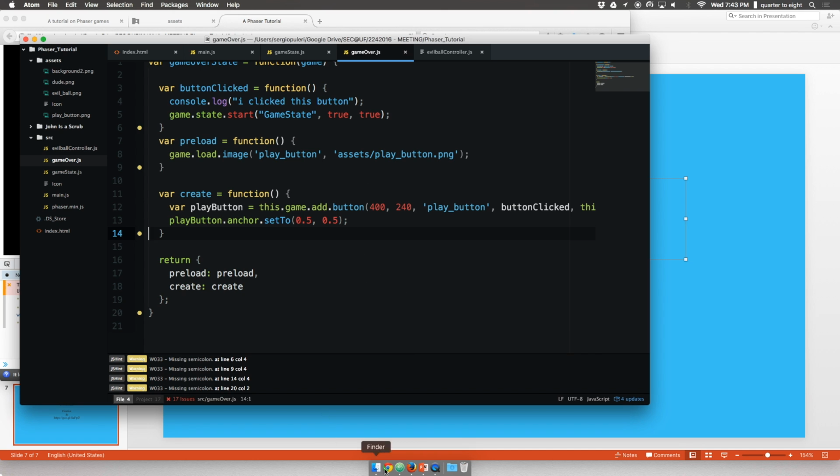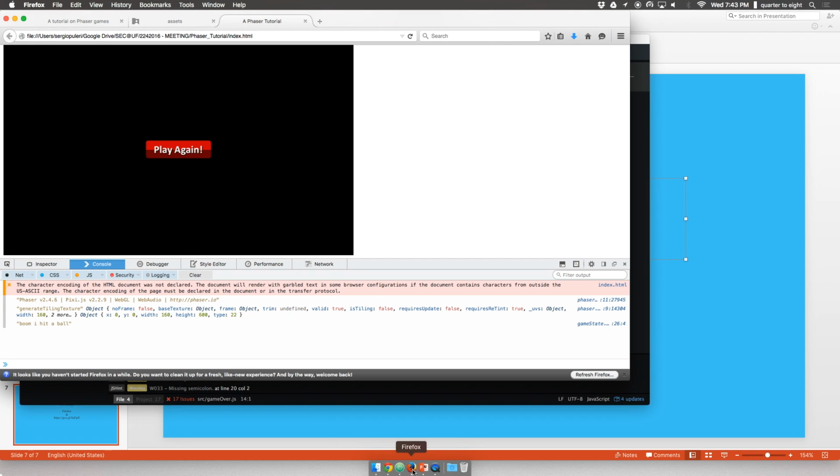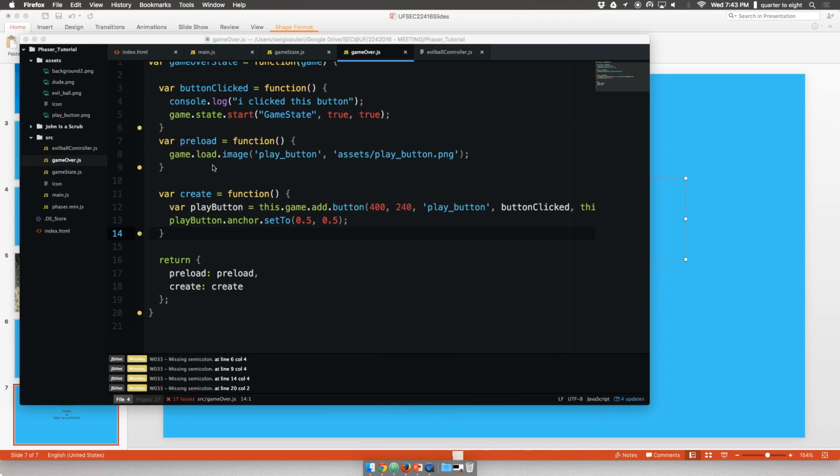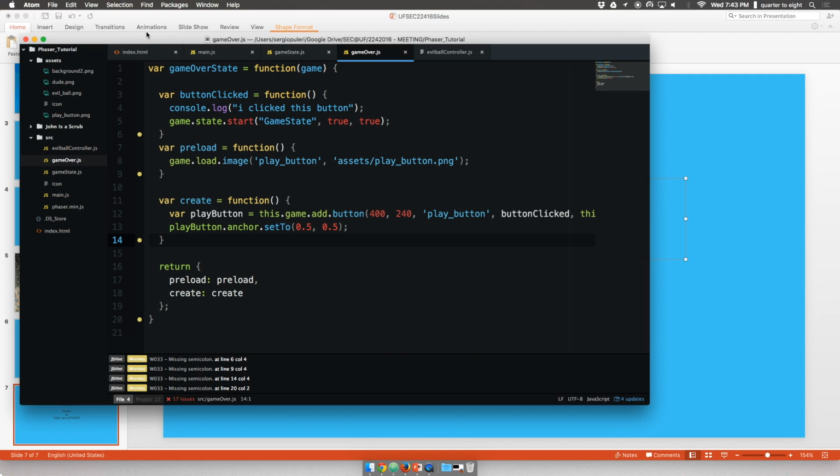So what the error we got was that sprite.body is null. And basically what's happening is there are objects in our game JS